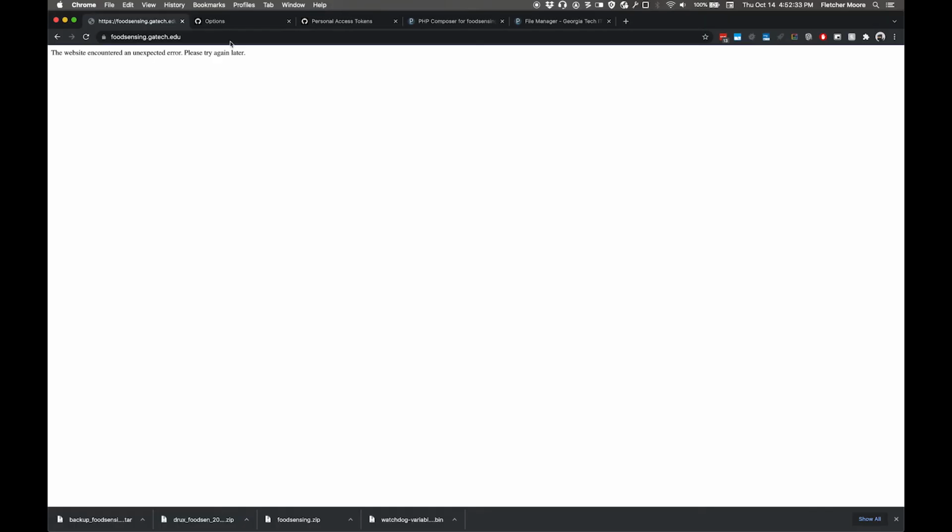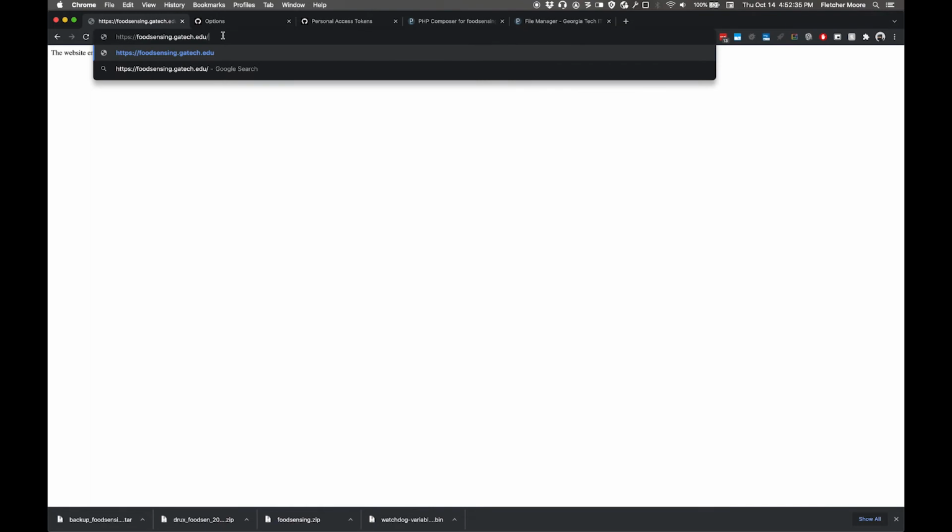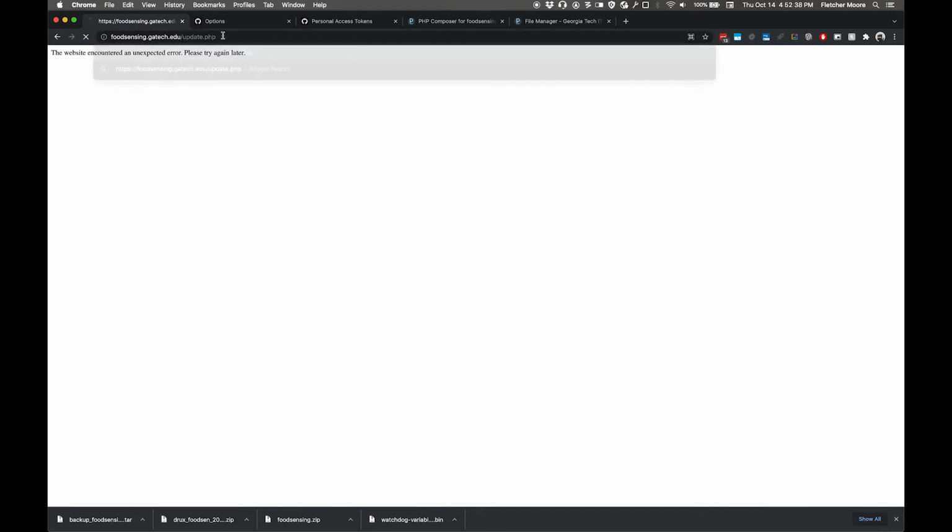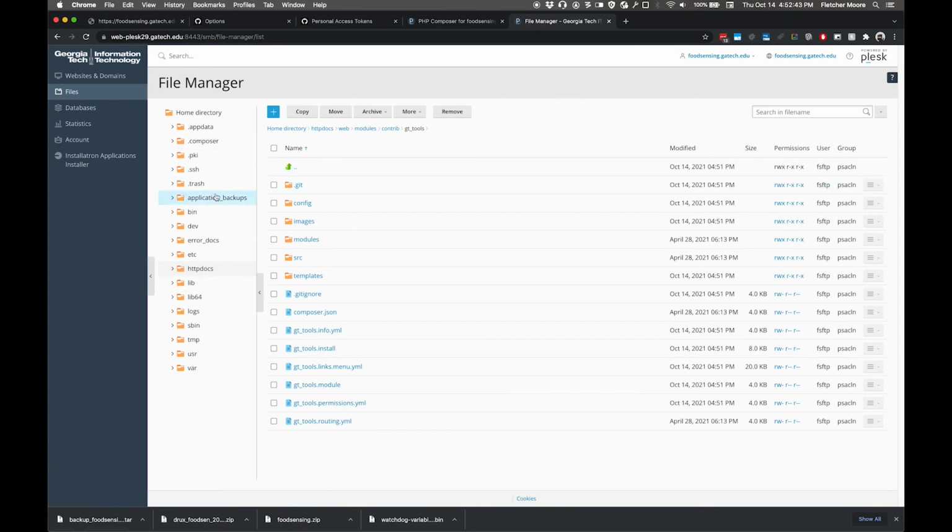When Composer finishes, you can go back to your website, go to /update.php to run the database update tool. You may see an error like this one telling you that you either need administer software updates permission or have update free access turned to true. Now you may be able to log in at this point, which would give you the administer software updates access that you need. If you find that you are unable to do so, you need to go back to the